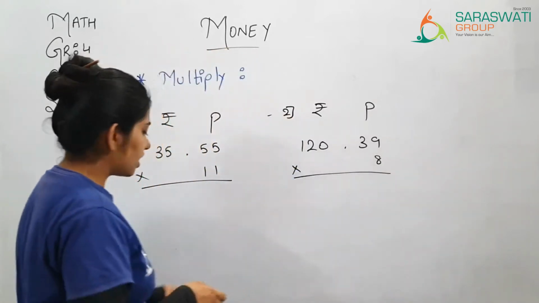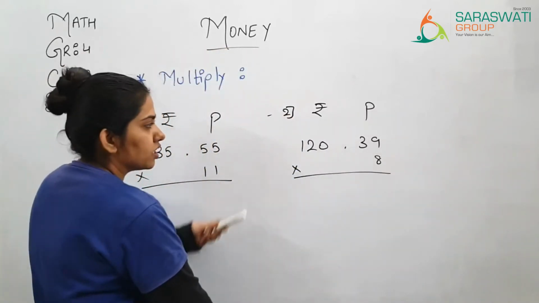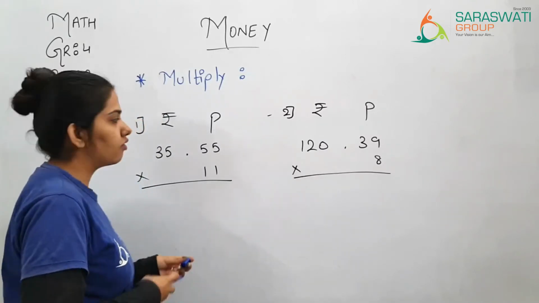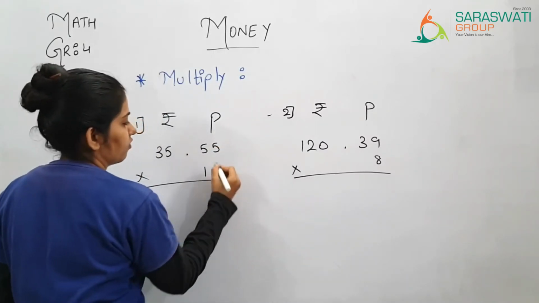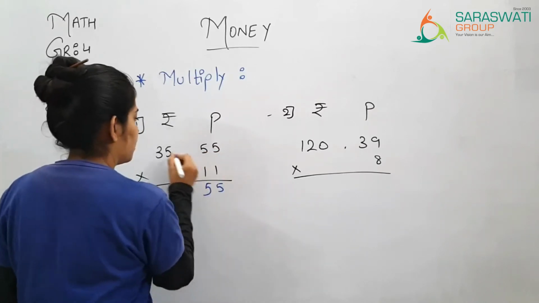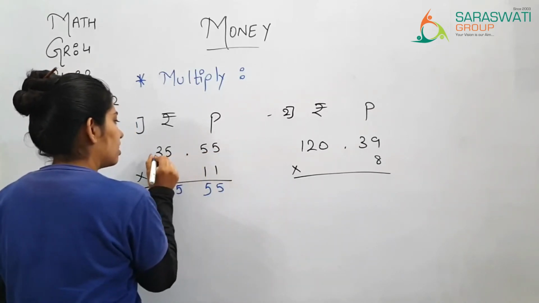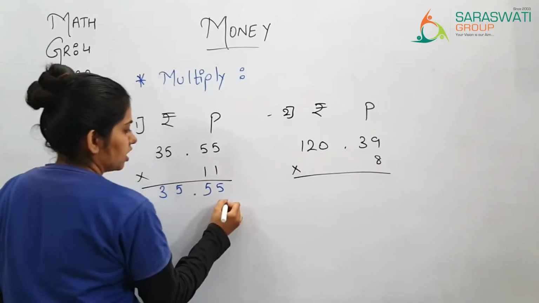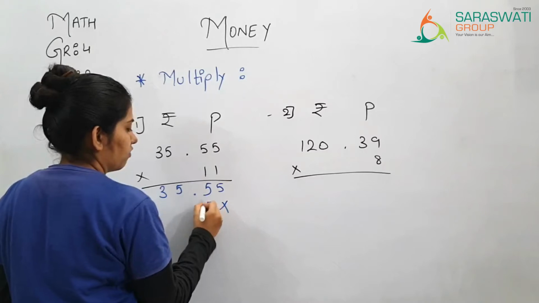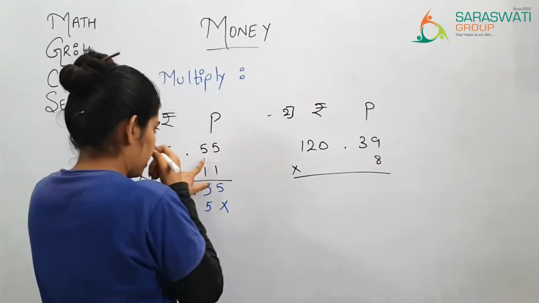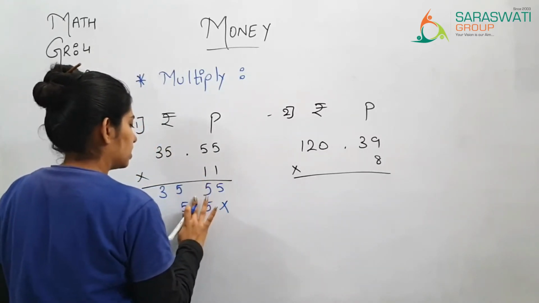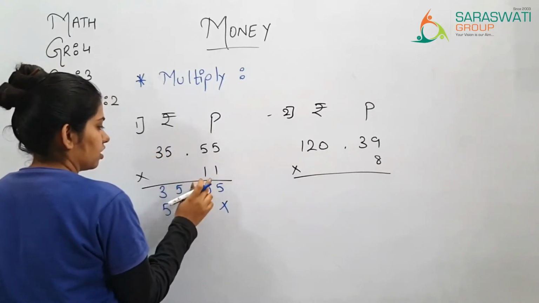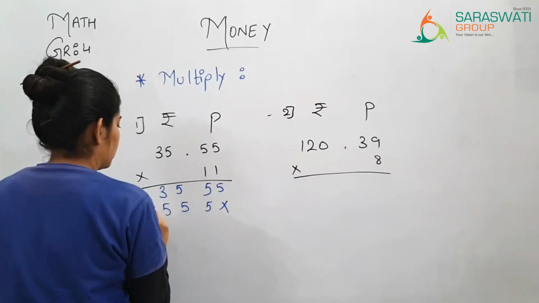Okay, so now here you can see I have written 2 digits and over there it is 1 digit. So 1 digit is easy for you. But 2 digit, let us solve. 5 ones are 5. 3 ones are 3. Put a point. Cross. 5 ones are 5. 5 ones are 5. 3 ones are 3.